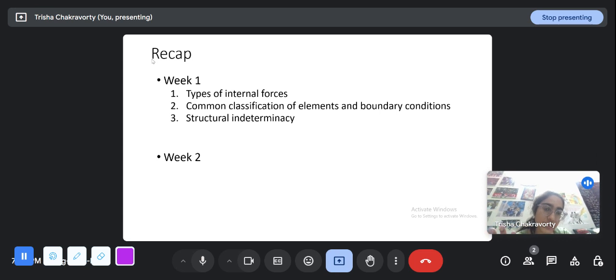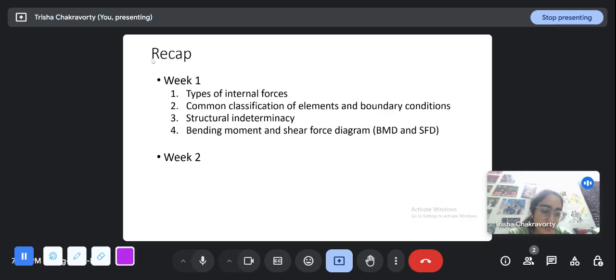So it is 1 degree indeterminate if it has four support reactions. If it has 5, 6, it will be more and more degree indeterminate. And if the degree of indeterminacy is negative, that is, there are fewer support reactions than the number of equilibrium equations, it is an unstable system. For example, a beam that rests on two roller supports will be stable if there is only a vertical loading. But if by chance there is a slightly inclined loading, which has a horizontal component, then the beam will simply move like this. So it will no longer be a stable structure. And there is also internal indeterminacy, which we studied for trusses in particular, and an overall indeterminacy.